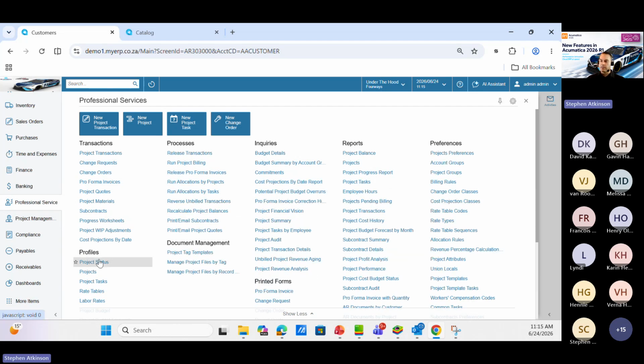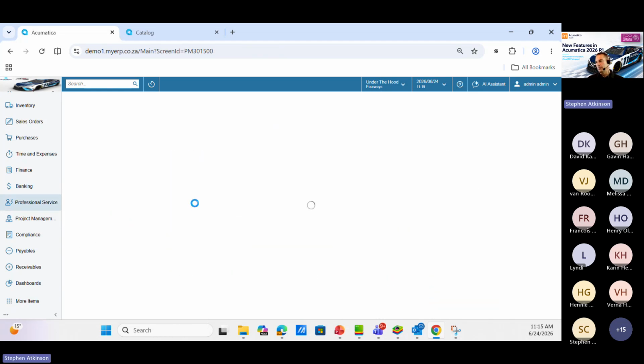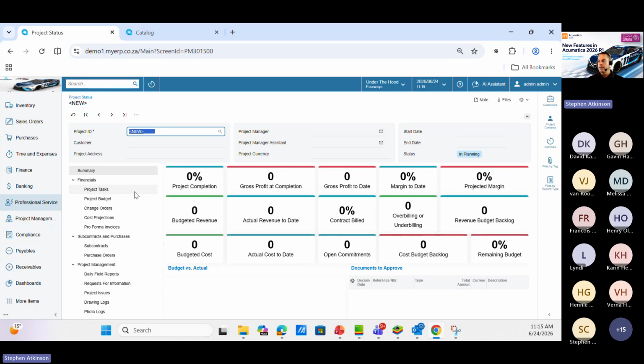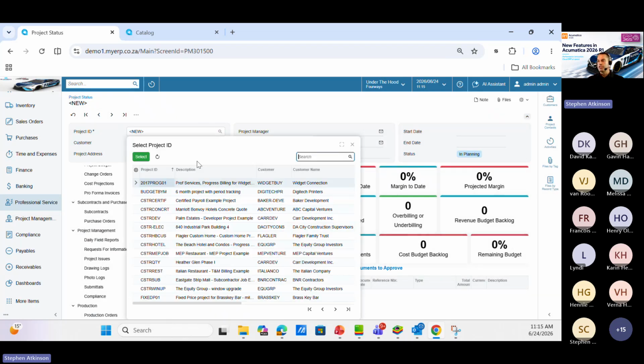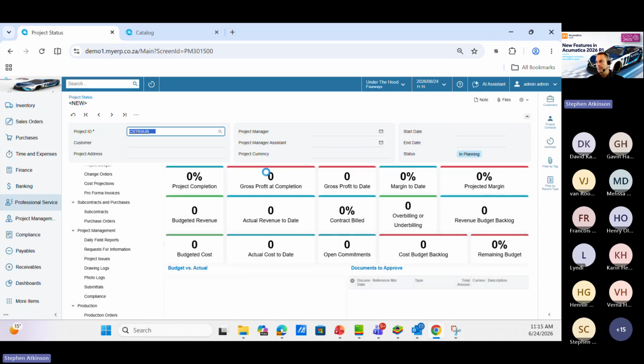Okay, so I know I said we're going to do projects later, which we will, but I'm just going to use this dashboard as an example. Let's say, like I mentioned, I was doing a shopping center, and there were multiple things going on with this project. I could use this dashboard, which has become available as part of the modern UI. I could go in and look at my projects and see what's going on. Obviously, it depends what information is in here at the moment, and it'll then update the dashboard accordingly and